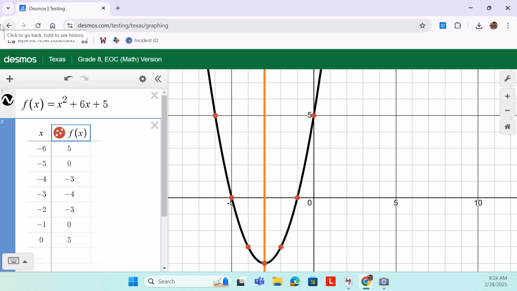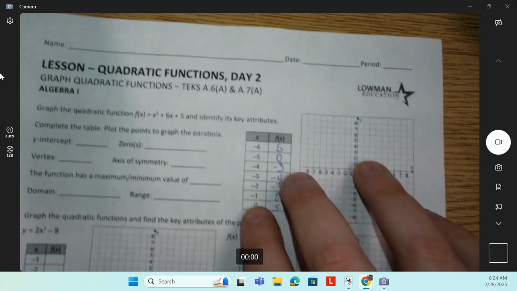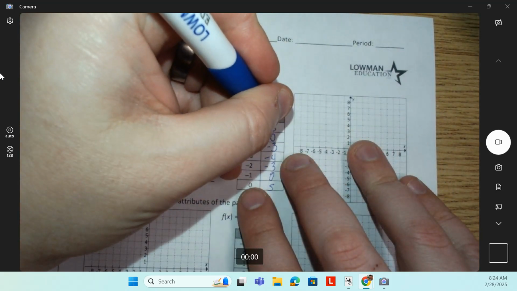5, 0, -3, -4, -3, 0, 5. And so that's primarily what we're looking at it for, and to get the shape of this. So now that I have my numbers here,